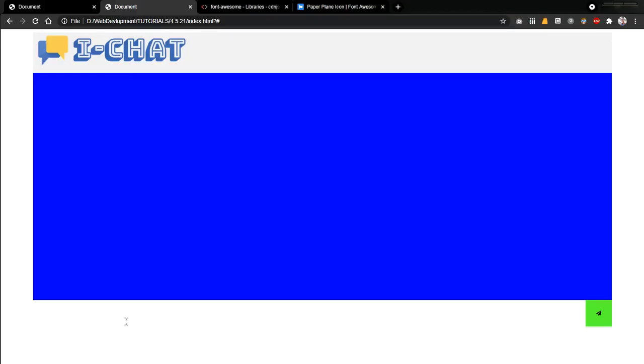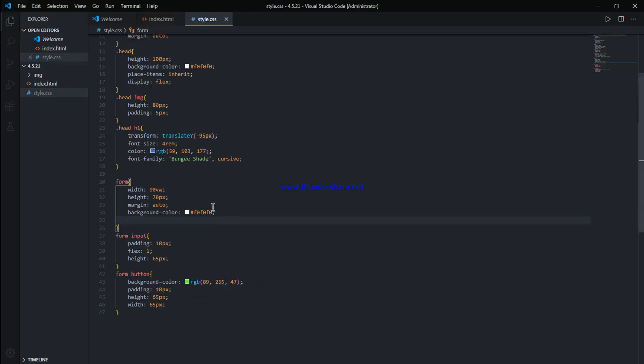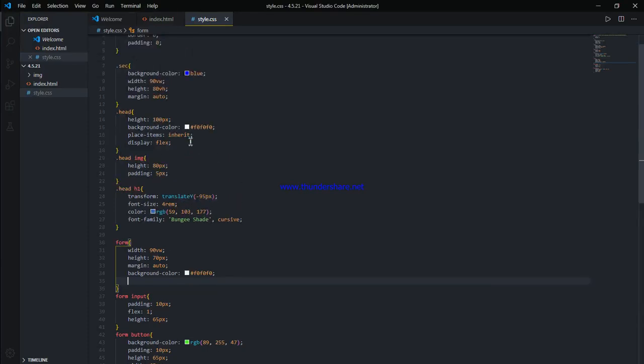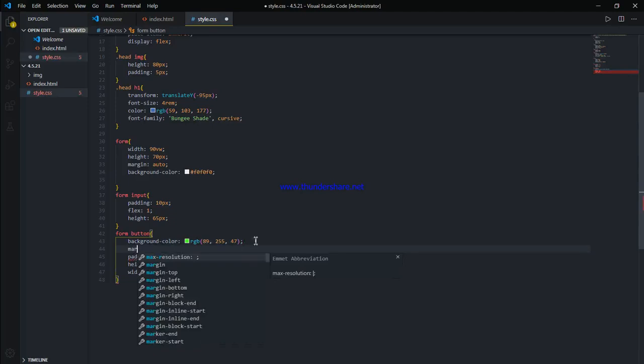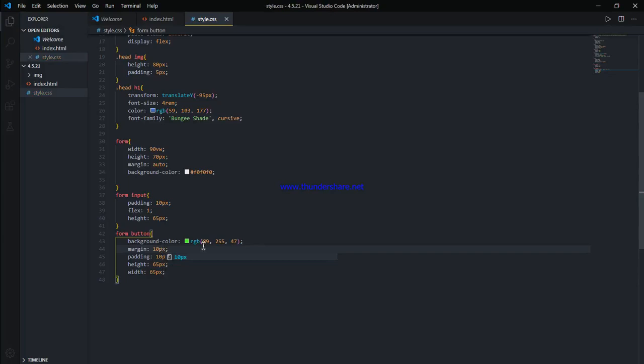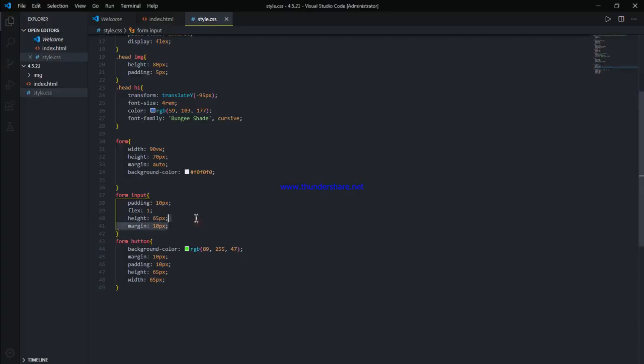To do this, okay, so we can do it like where it is, margin. We can give margin to both input and button. Like margin, that should be 10 pixels, and same in this, so they are far away.